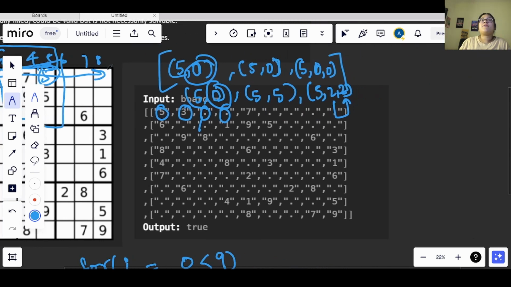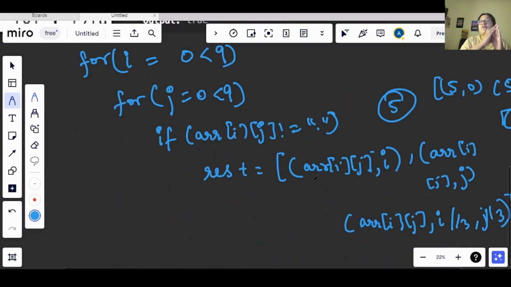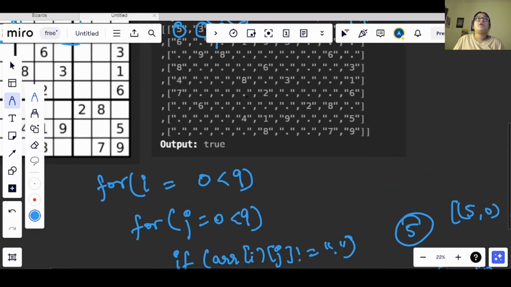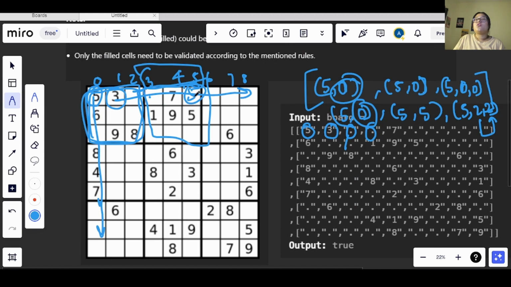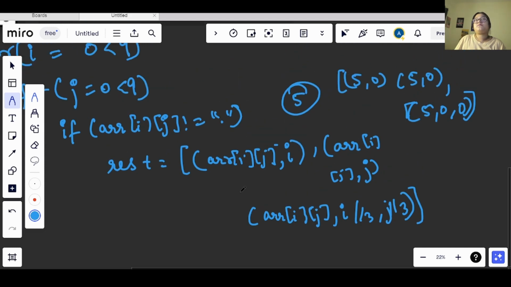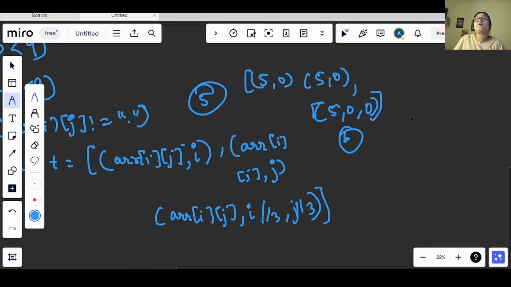So if I have this entire thing in the form of a 1D array and I try to convert it into a set, let's just consider this. I have 5 comma 0, and I have the same coordinate for 5 again. Let's say I have a 5 here also, so I will get 5 comma 0 here again. If I have a list, it will have a length of 6, right? But when I convert it into a set, that 5 comma 0 will not get added again, right?